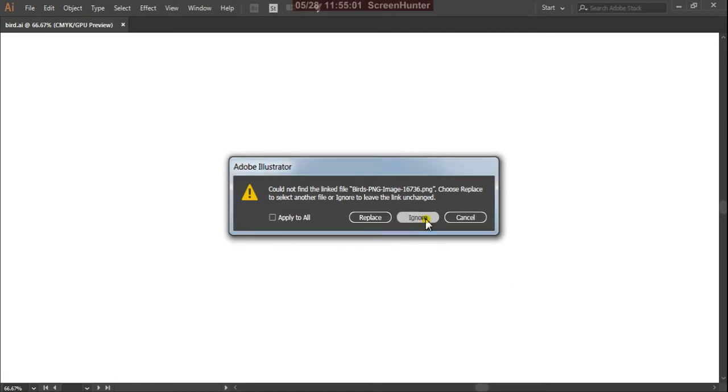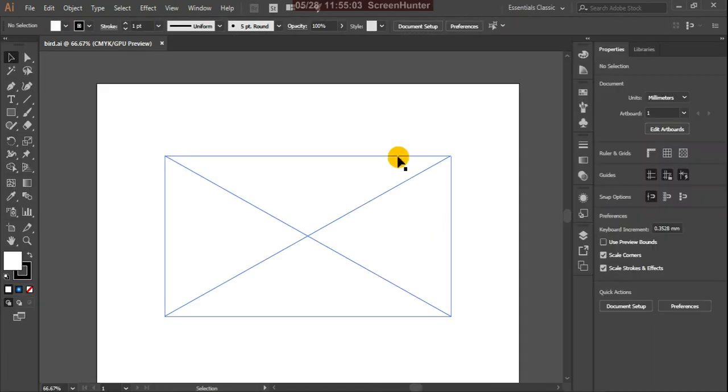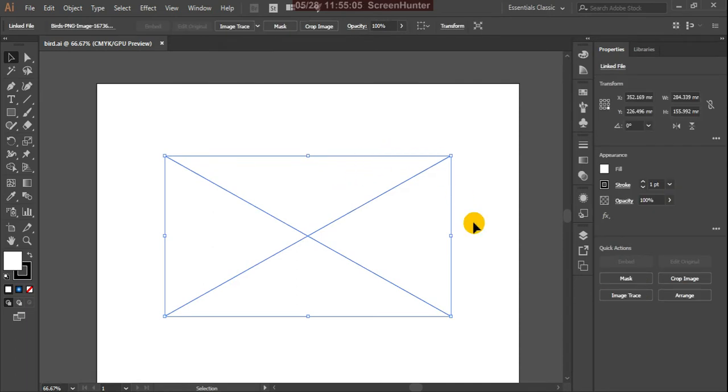Suppose you ignore. What happens is, without your picture, your entire other design, your text, your textures, your logo and the other things can display here, but there will be no picture.